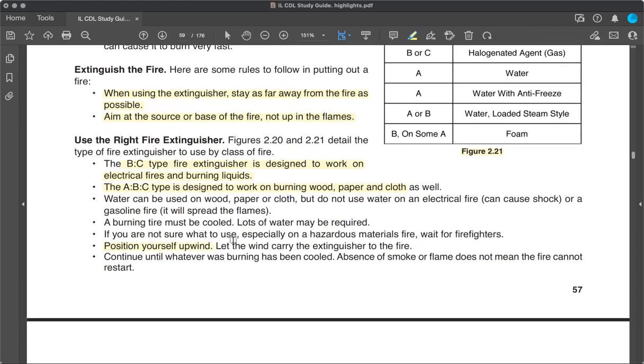So that is page 57. We can flip over to page 58. And I think I talked a little bit about alcohol in another section. This kind of reiterates some of that. But let's take a look at